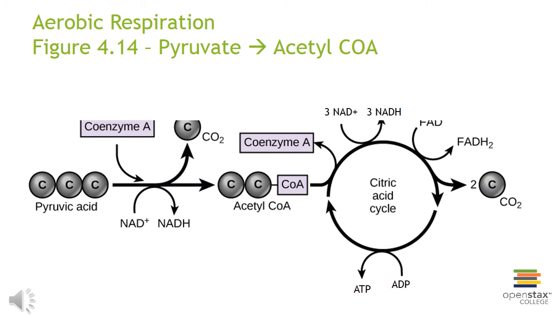The citric acid cycle, you may have heard before, it's also called the Krebs cycle. But this textbook calls it the citric acid cycle. And so basically what you're ending up with is 6 carbon dioxide molecules at the very end of the citric acid cycle. This whole citric acid cycle happens within the mitochondria. That's very important. I'll say it again. The citric acid cycle or Krebs cycle happens inside the mitochondria and will produce 6 carbon dioxide molecules,